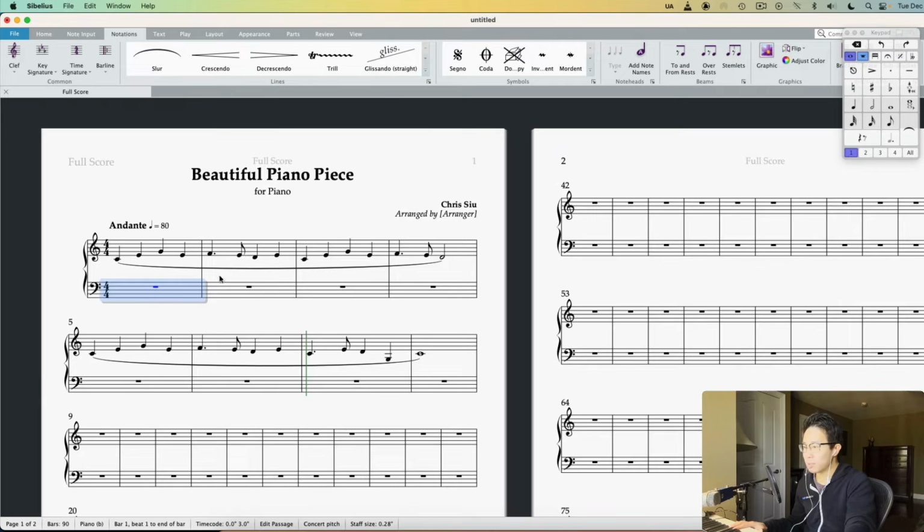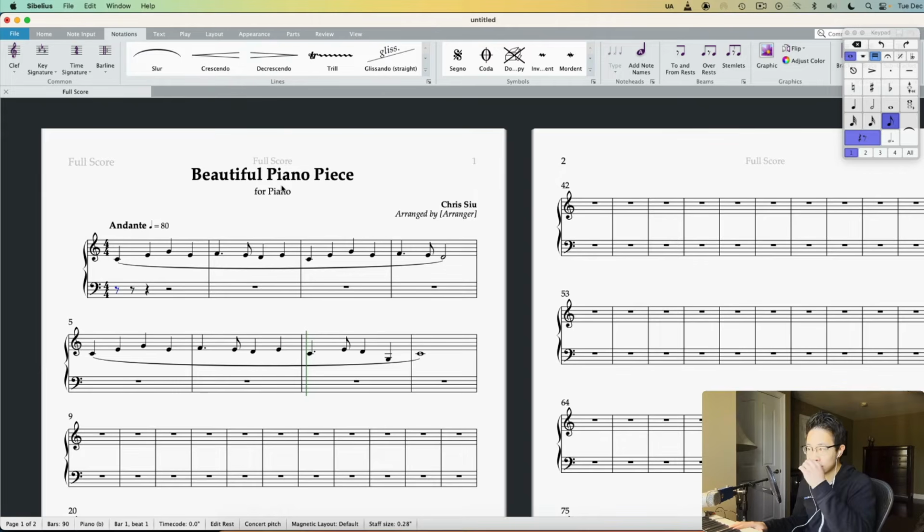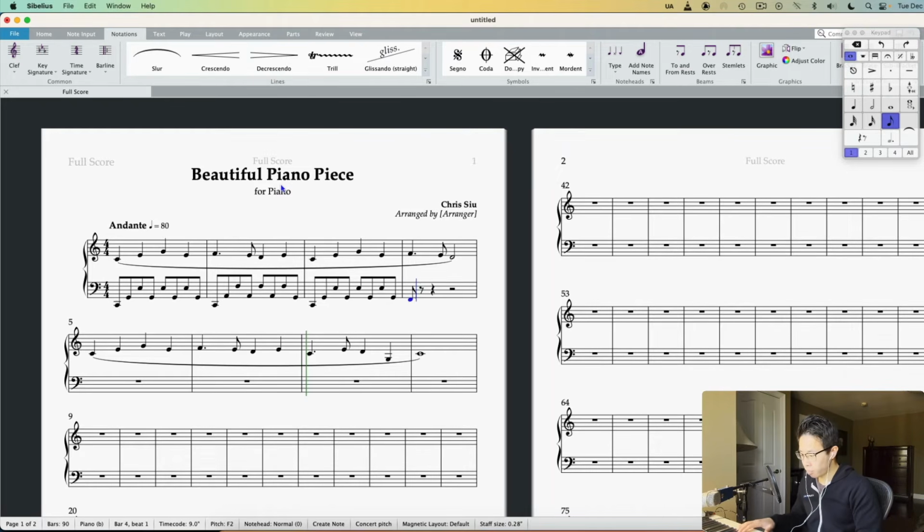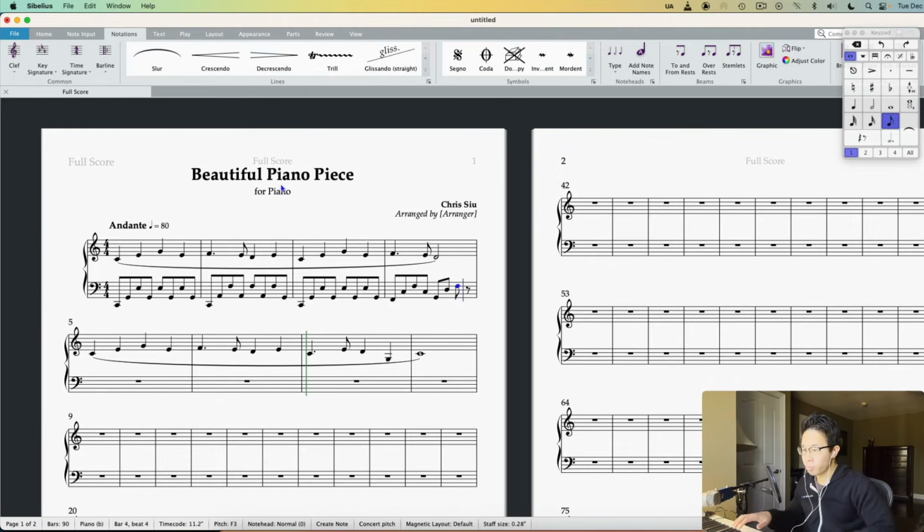Okay, now let's say we want the left hand to play a bit of an accompaniment, which would make sense. So firstly, I'm hearing sort of a 1 and 2 and 3 and 4 and 1 and 2 and sort of a flowing 8th note pattern. So I'm going to start by selecting this 8th note right there. But now you can see this region is selected as 8th notes, right? 8th note values. So let's play a little bit and let's just see how this sounds. There we go. And this F, I'm going to make a quarter note because I want it held to the